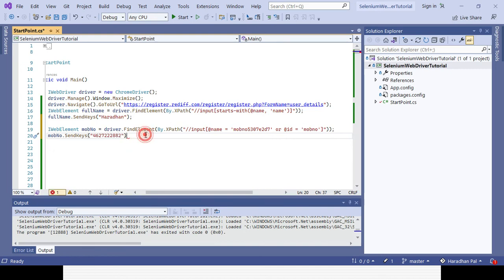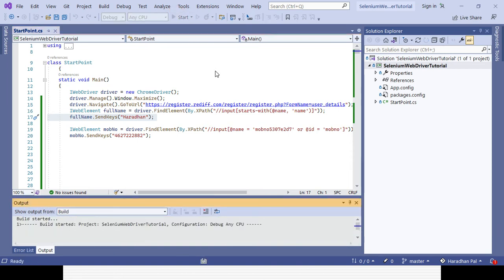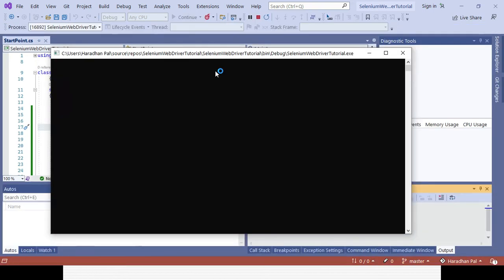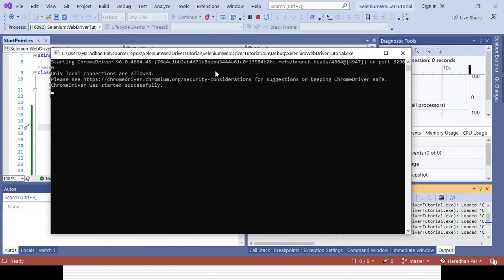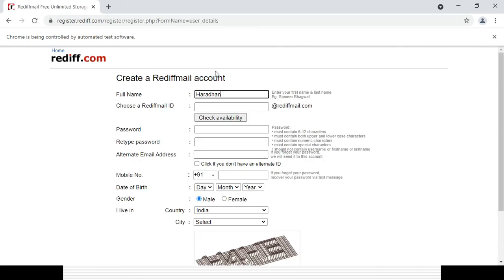Now let's run the code and see whether this mobile number is getting entered along with the full name. So it will open the page, it will identify the full name and mobile number also getting entered. You could see mobile number entered also happening, and full name is also getting entered.